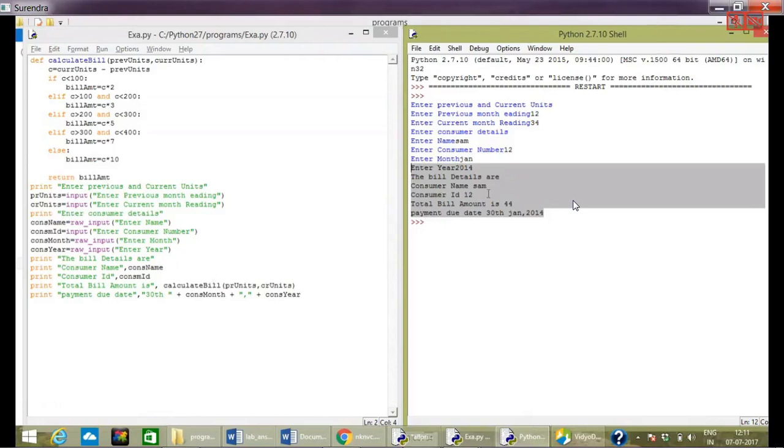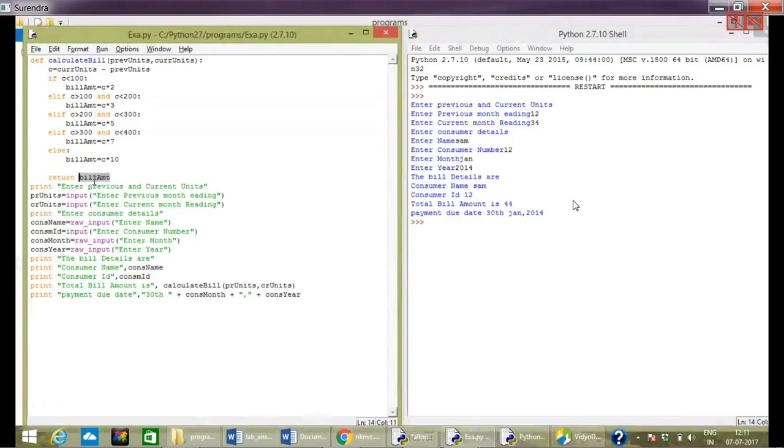So if you try to see this one, they will subtract this and check whether any one of the conditions is true or false. Then return the bill amount. There the bill amount is written and they are taking the input from this. This is an input and this one is the input. Now this is the way you need to approach the problem for any given statement. Now the final one is